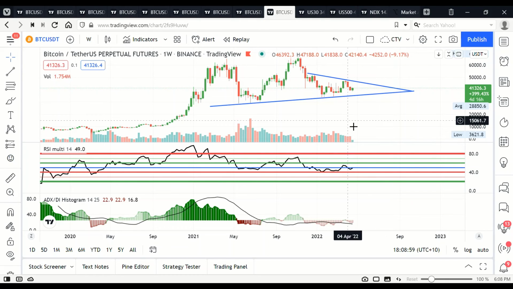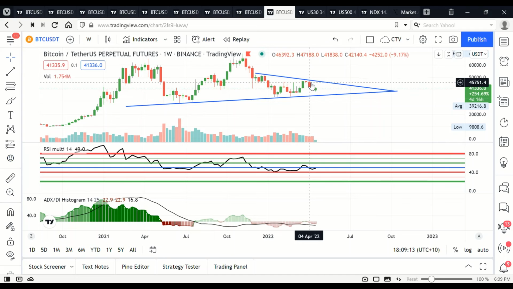From the weekly point of view, we could see the RSI is trading around 50. ADX is well below the signal line, so this implies a sideways move. But the good point is this 3-week falling negative candle is snapped this week, and this is looking a bit positive. And if it can surpass the previous week high, it can go ahead and then retest this